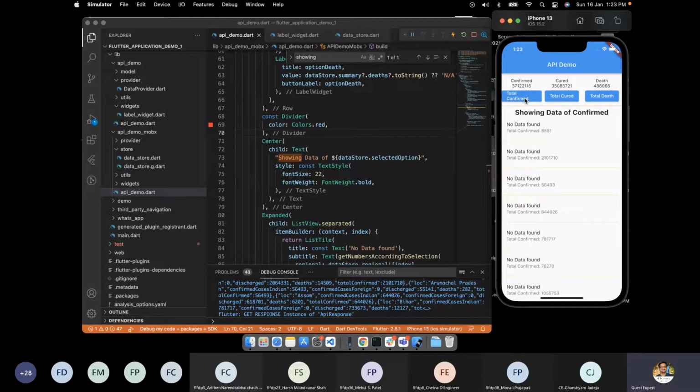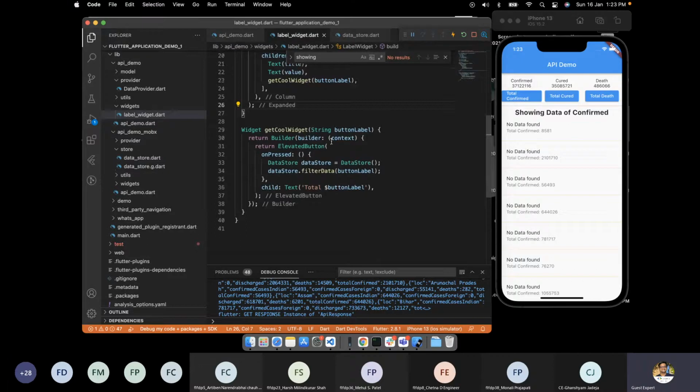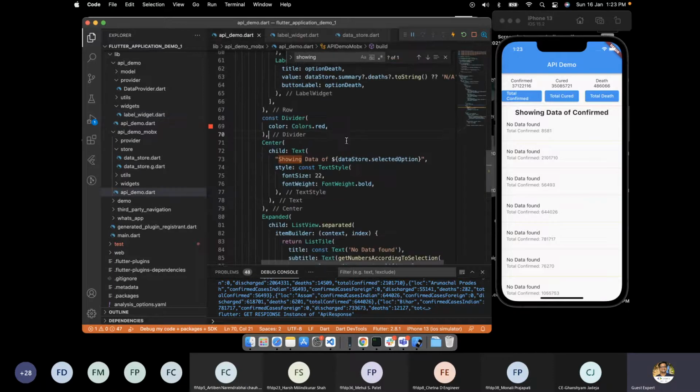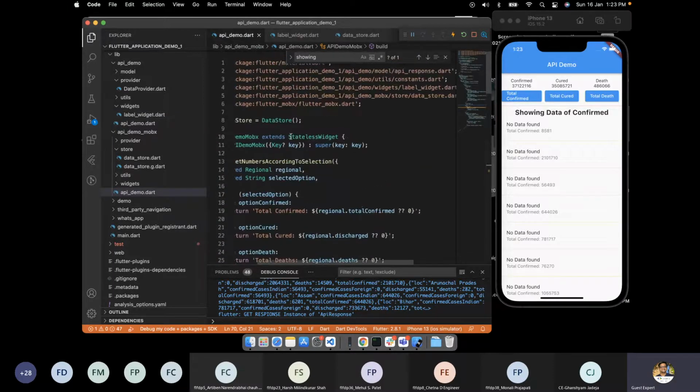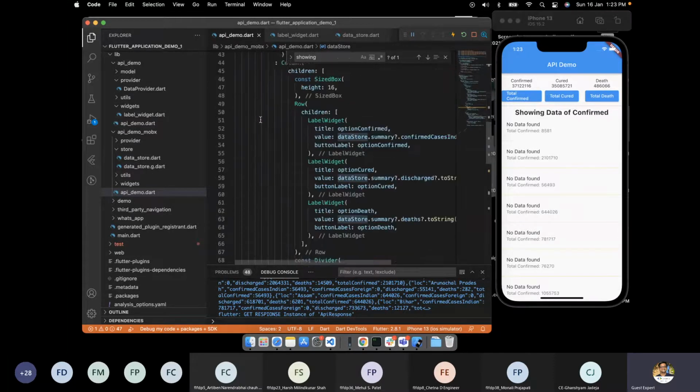The problem here is, as soon as we click on this label widget, we are creating another object of a data store. And that's the issue, because this particular data that resides in this API demo is getting stored in the one object that we created here in the data store from this initializing. But we actually need the same object. If we pass the same object, this data store, in the label object,